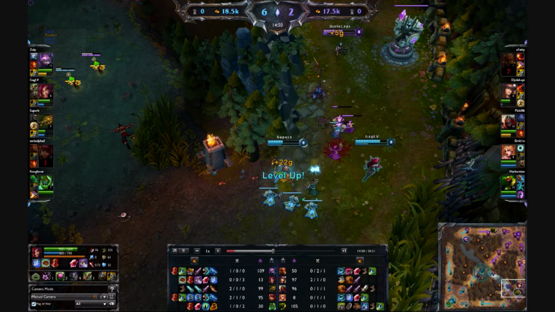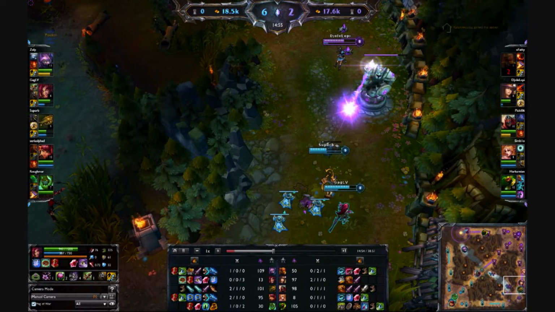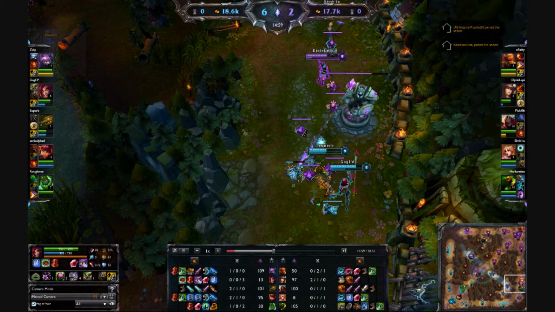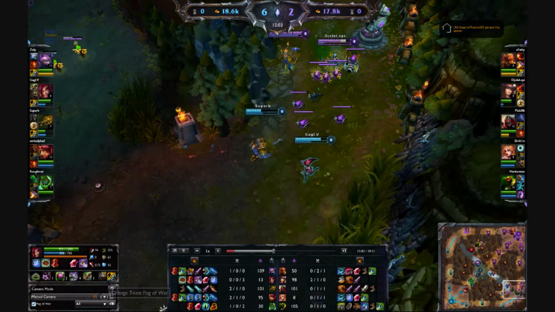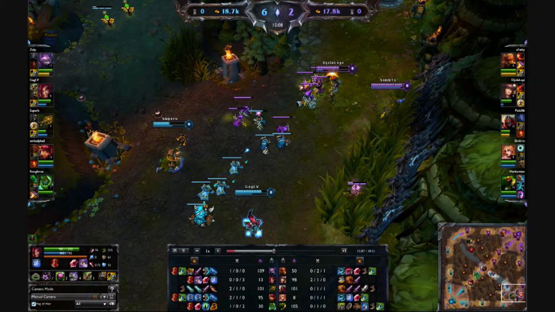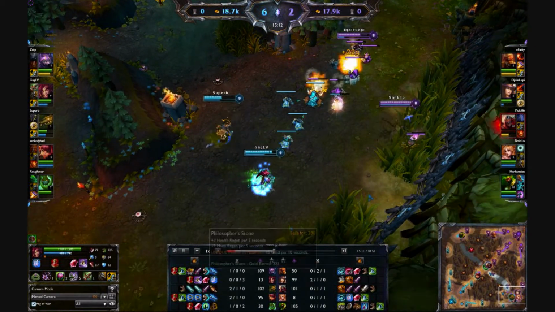Since I have my ult, we can try to catch Caitlyn out. We could technically tower dive if I catch her with my root and ult, but she still has her ult and Zenith and she can escape it. But if they had continued to run to us, I could basically...